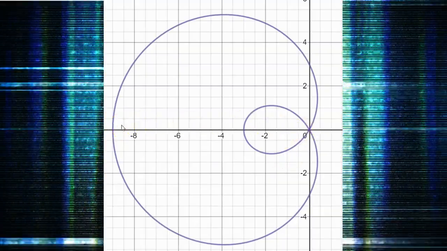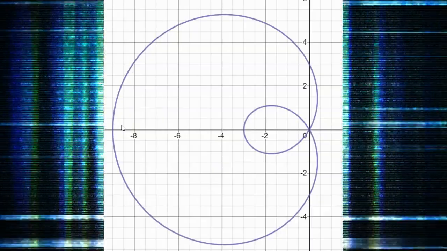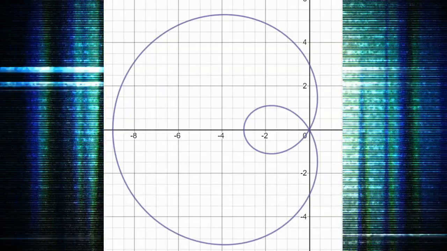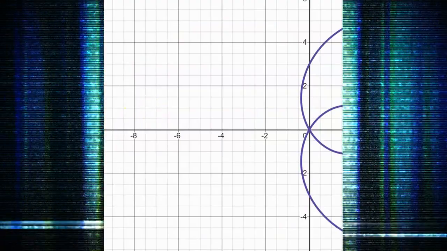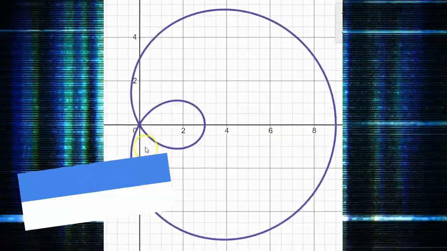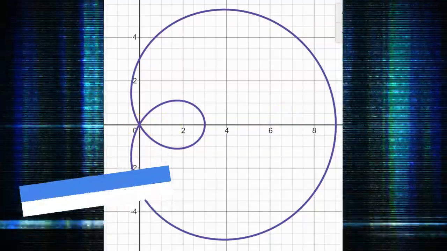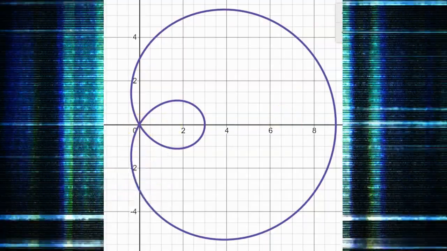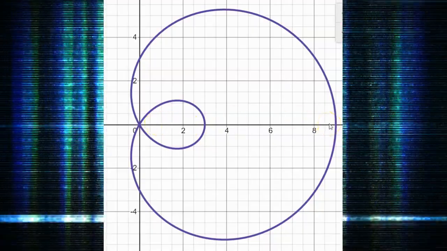But what if we change that? What if we made it 3 plus 6? How would that change the graph? Well, it looks like if we change that to a plus, made it 3 plus 6, then it will be facing the positive part of our graph. So basically, if it's positive, in between, it's going to face the positive part of our